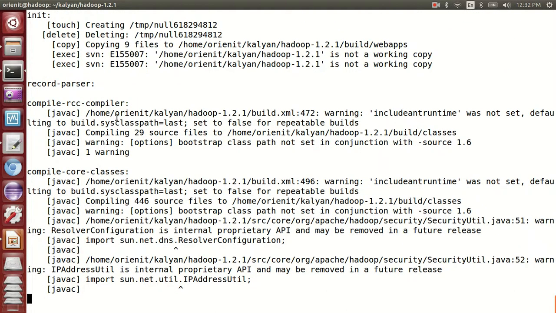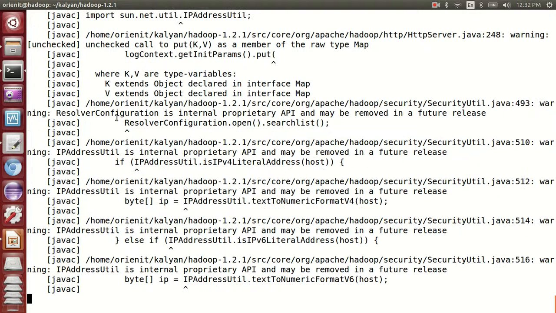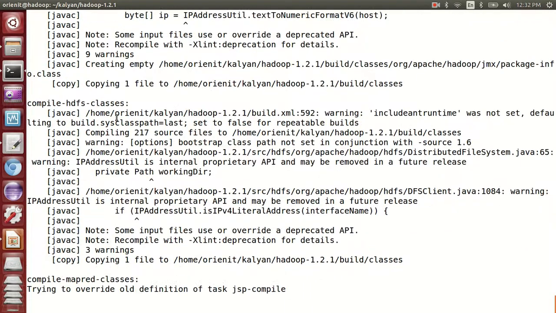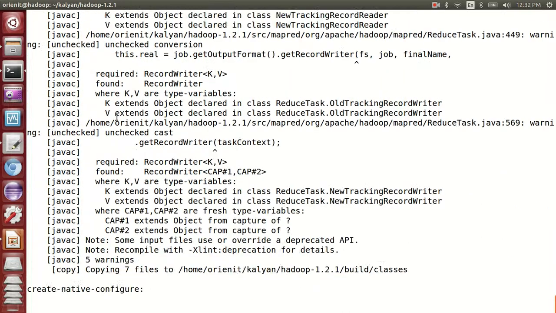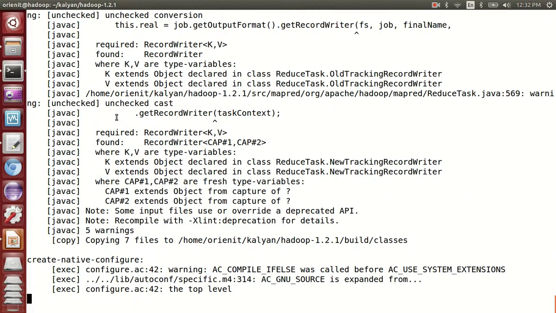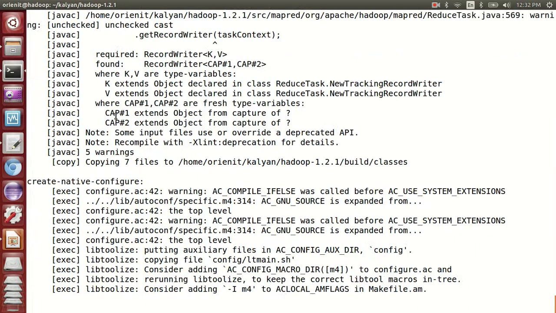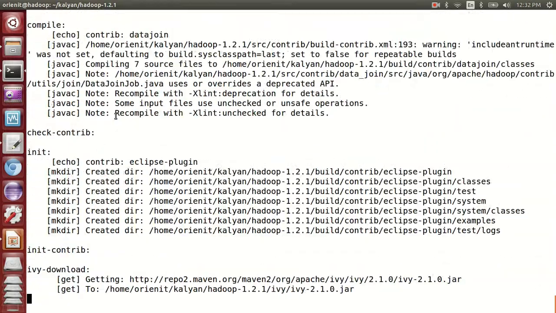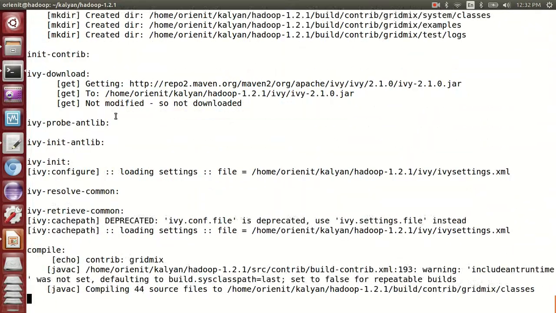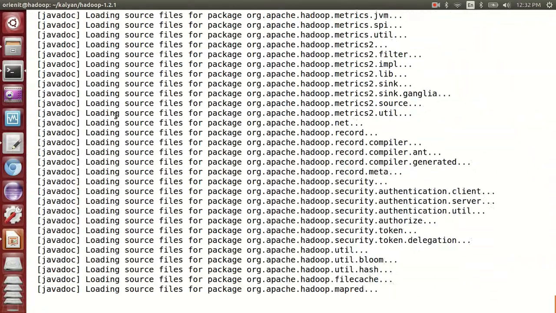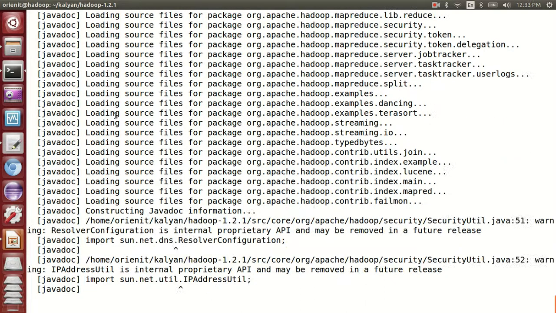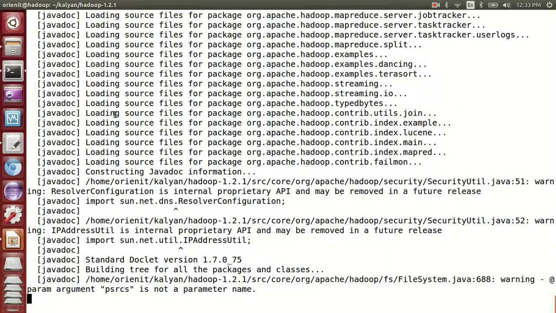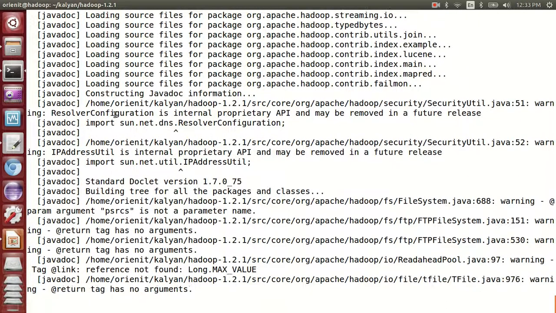The expectation is that before executing this command itself, the Eclipse path, the Eclipse home that you have given, should exist on that machine. So we missed that one. Now we are adding it, we are fixing that bug. It is taking some time because it has to build the entire Hadoop.